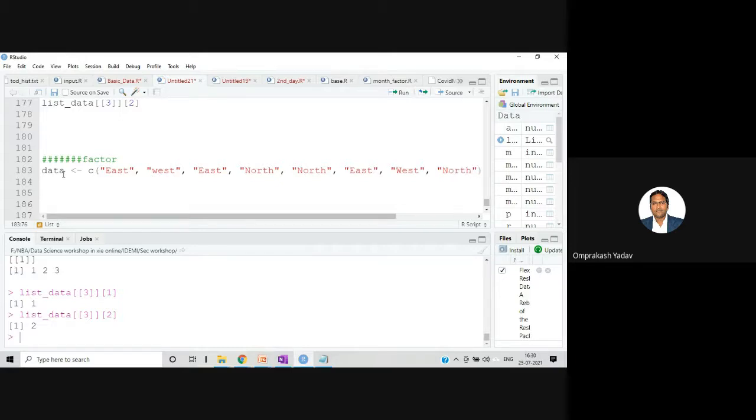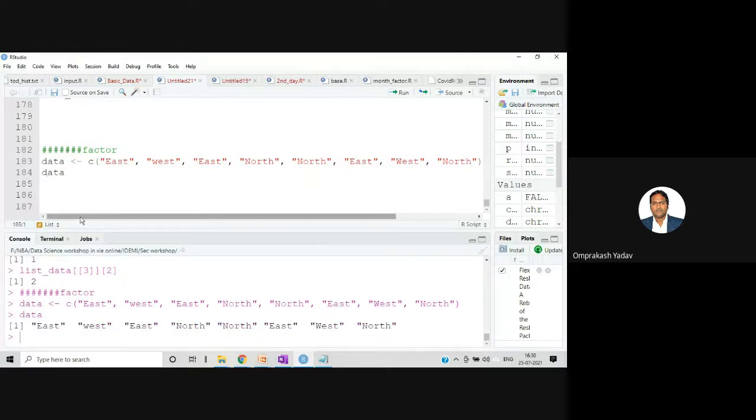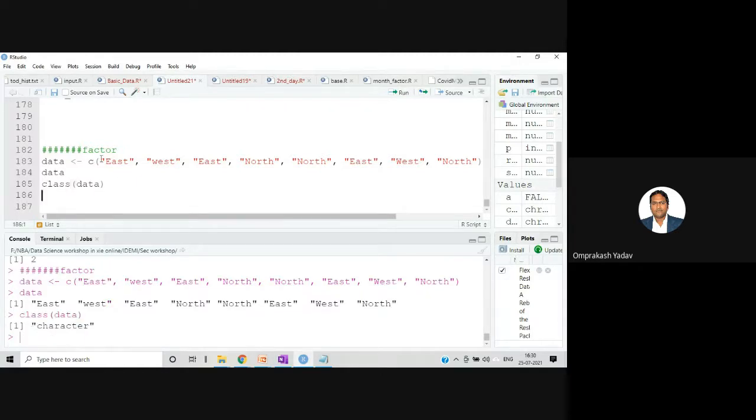Suppose I've given this particular data and I'm creating this. Let's print. If I write class of data, what will we get? We will get character type. It is a character kind of data.